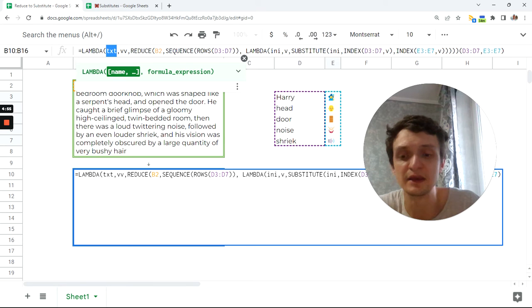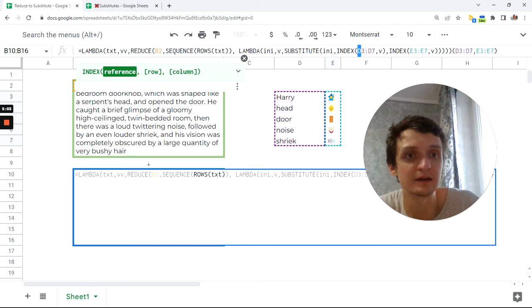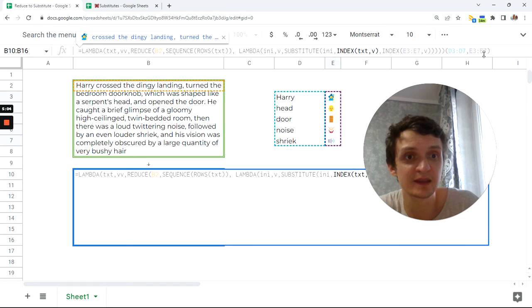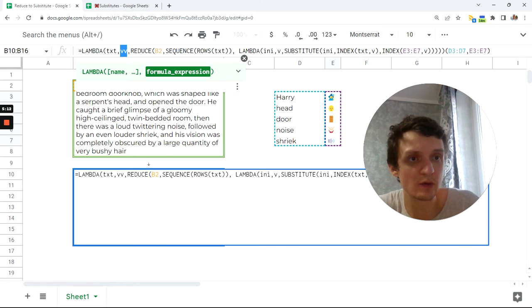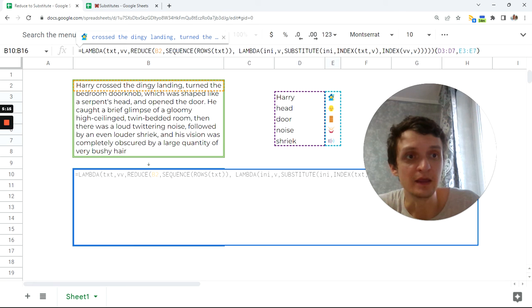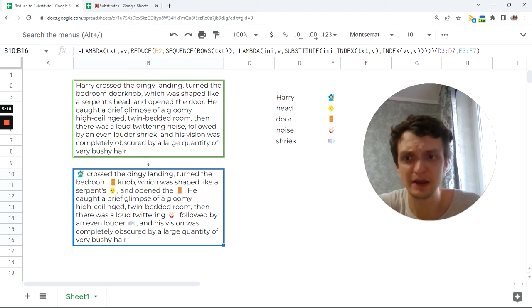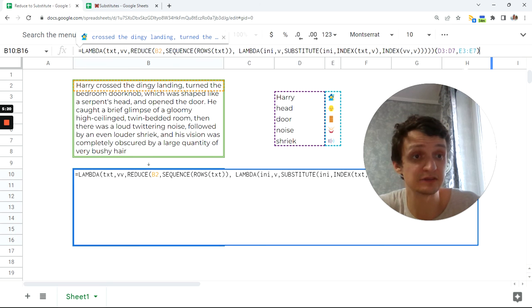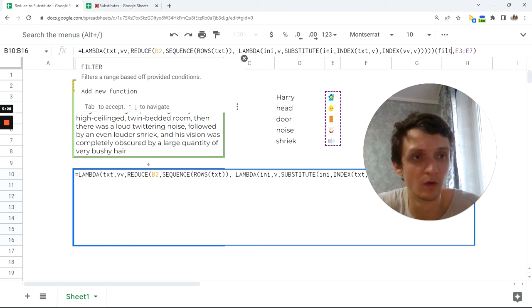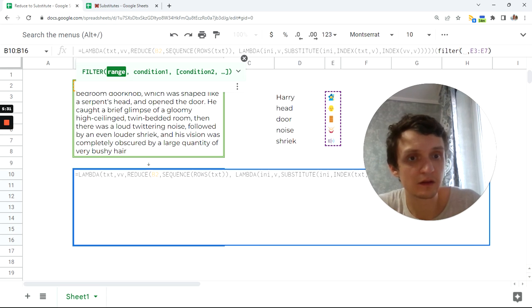And you can see txt is the first one, or D3 through D7, so I can replace it inside my LAMBDA here and here. Great. Now the only one left is E3 through E7, and it is VV in my case. I will put VV here. Now I have it in LAMBDA, but my formula remains the same, just for the rows 3 through 7. But what if I add FILTER of all of that,